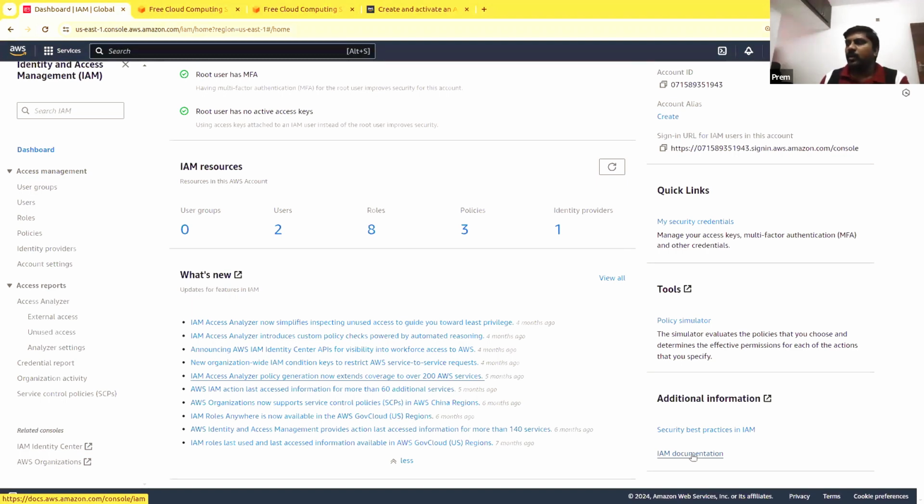If you are doing a professional certification, which is the highest level, then you have to read this documentation completely to ensure you are not missing anything, because very specific information will be available here. So going through this will be very important.